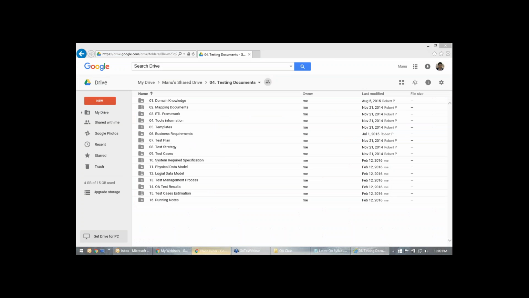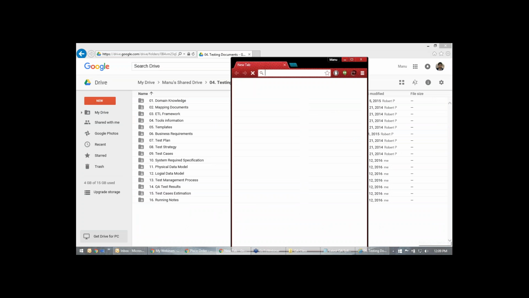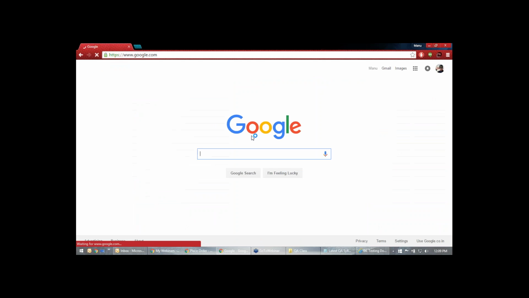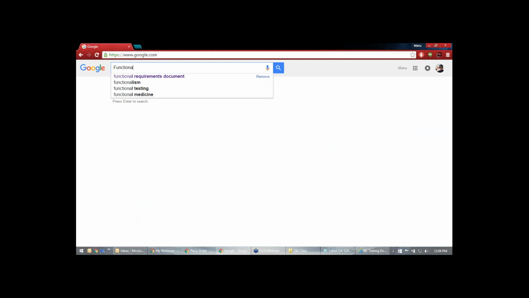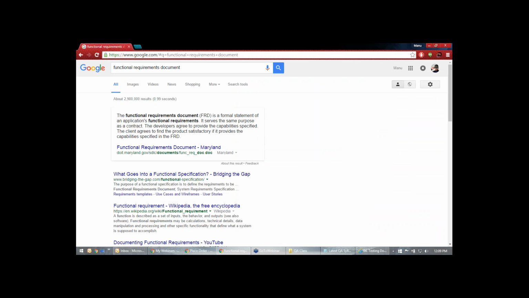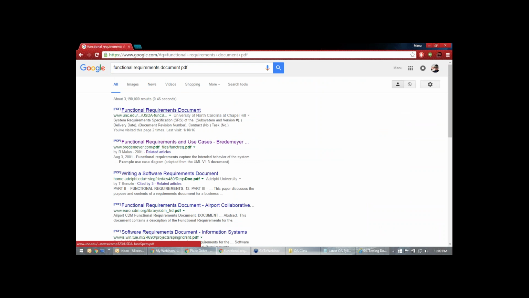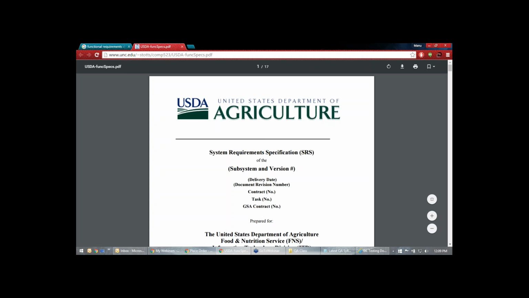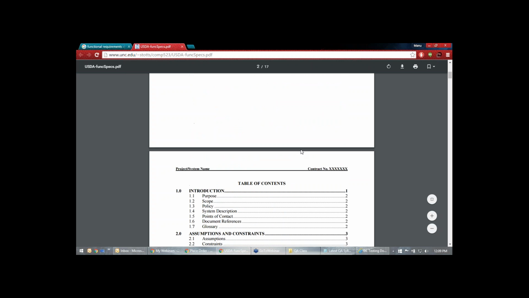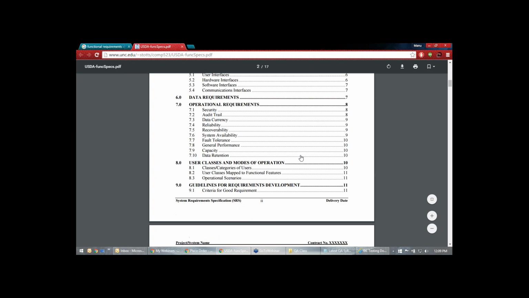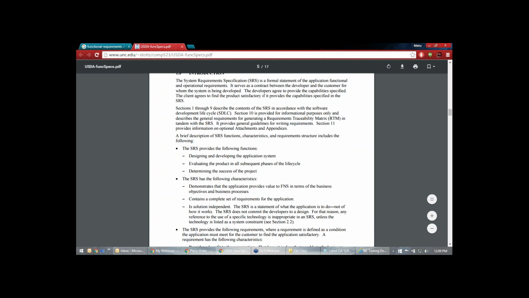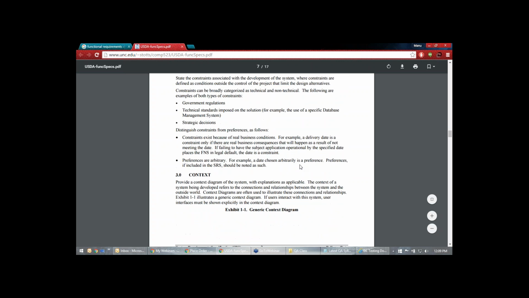So let's take an example of how it looks. I thought I added this one, but I forgot. Okay, this is similar to the business requirement, but this is more specific to functionality and features of an application.